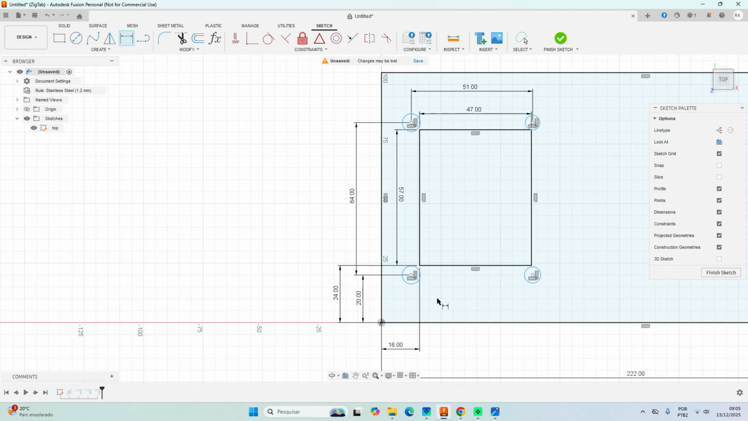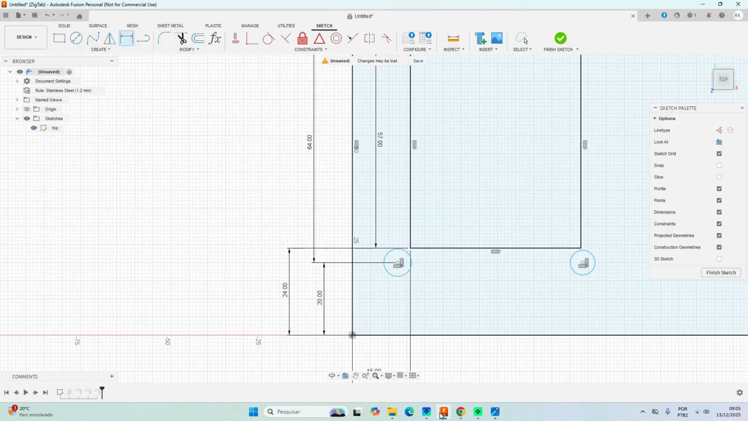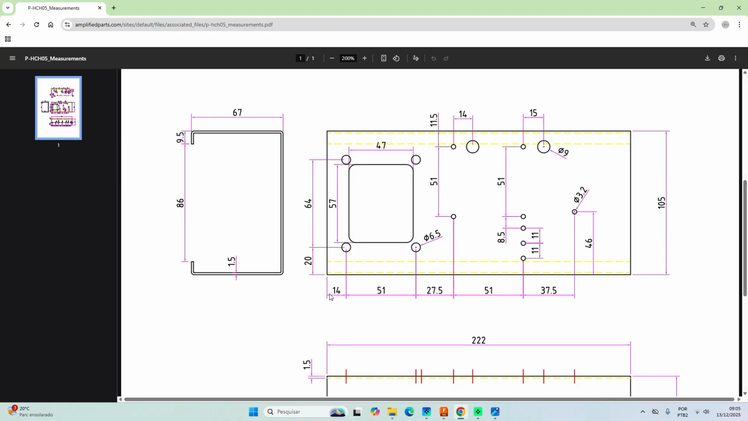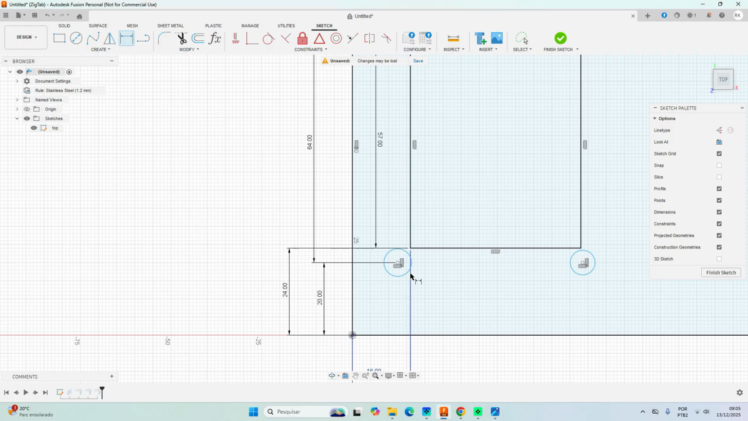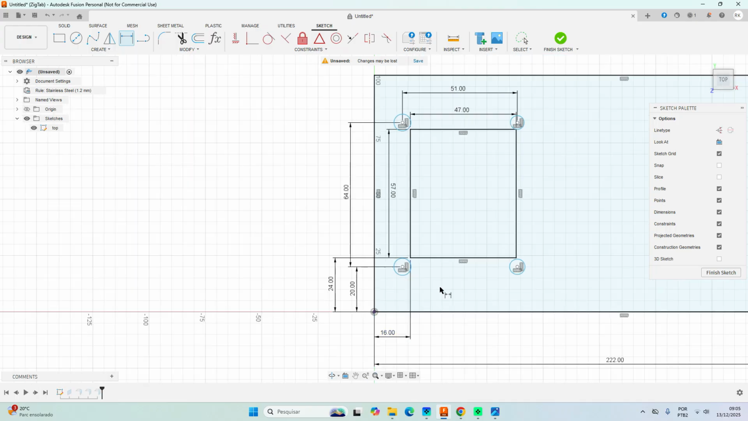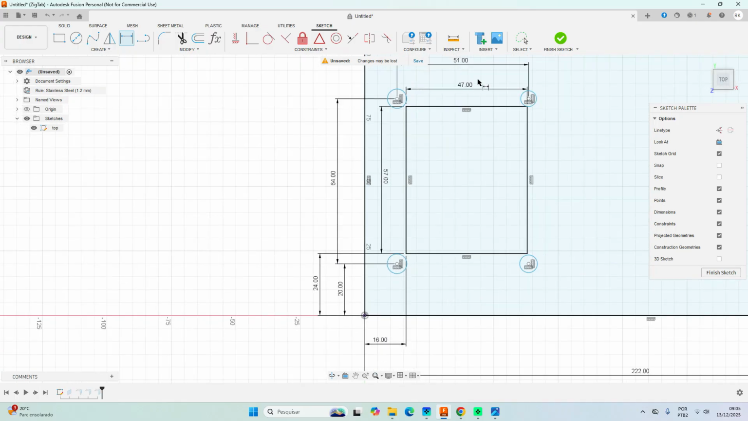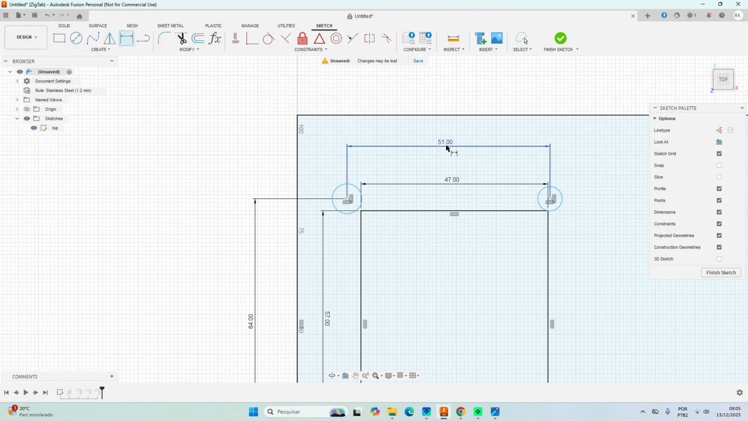So well, it will be easier just drawing 14. So no, it won't be good because we don't have the right distance from here. So well, let's just divide 51 by 2. That will be 25.5 millimeter,